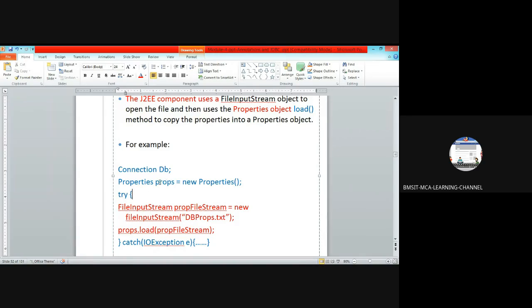For this props object, you initialize the database properties. For example, the file stream equal to new FileInputStream. Here dbprops.txt is the text file.